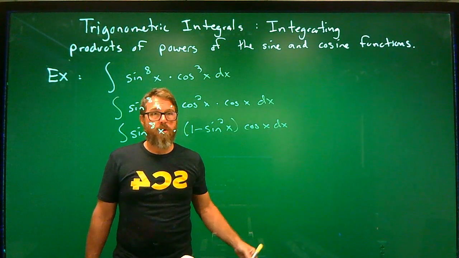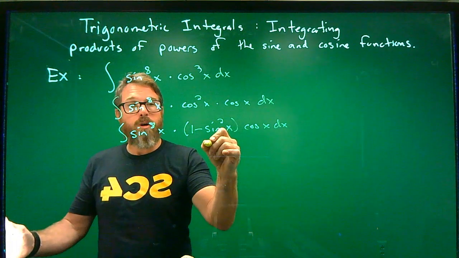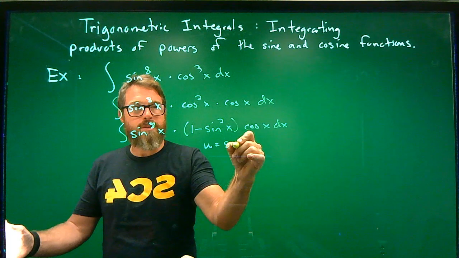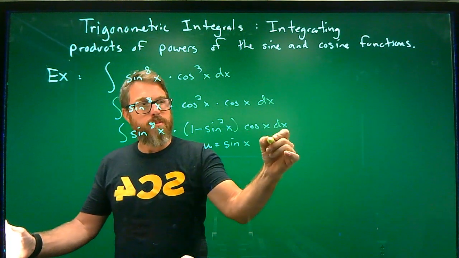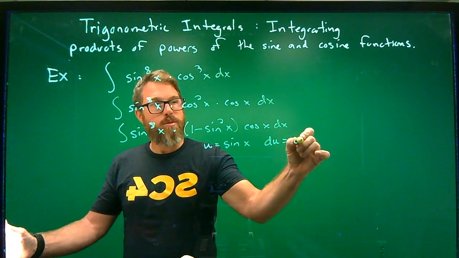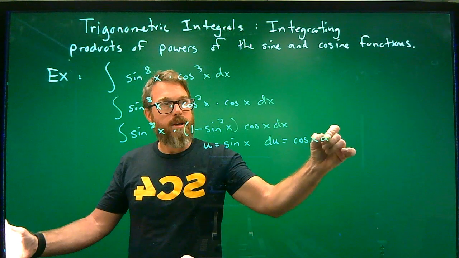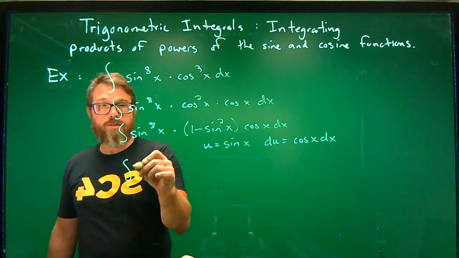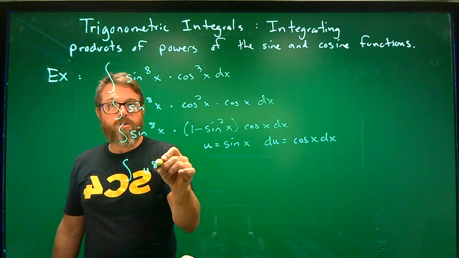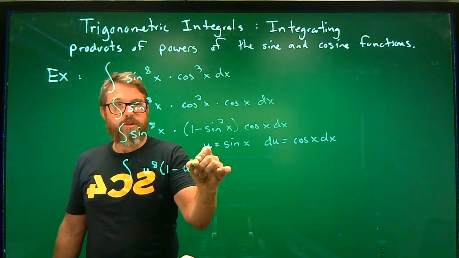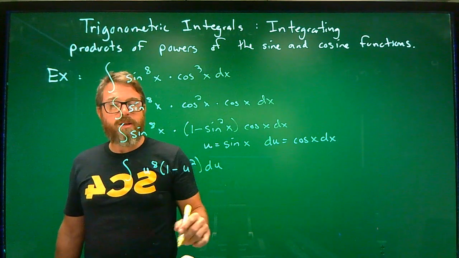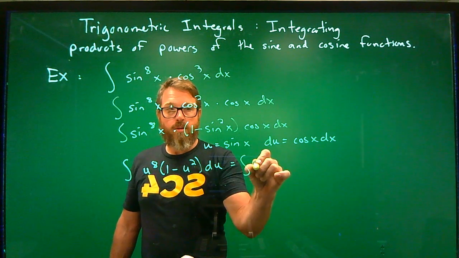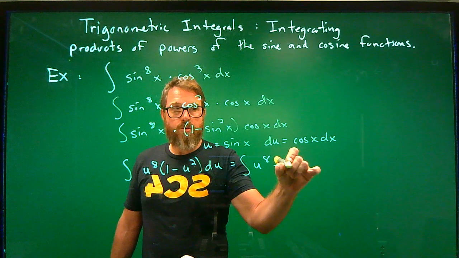And then we just use our u substitution. So u is going to be equal to, notice all these sines, the sine of x, which means du is going to be equal to the cosine of x dx. So this is now going to substitute into u to the 8th times 1 minus u squared, simply du. Again, this is going to be a polynomial form. So this is going to be the integral of u to the 8th minus u to the 10th